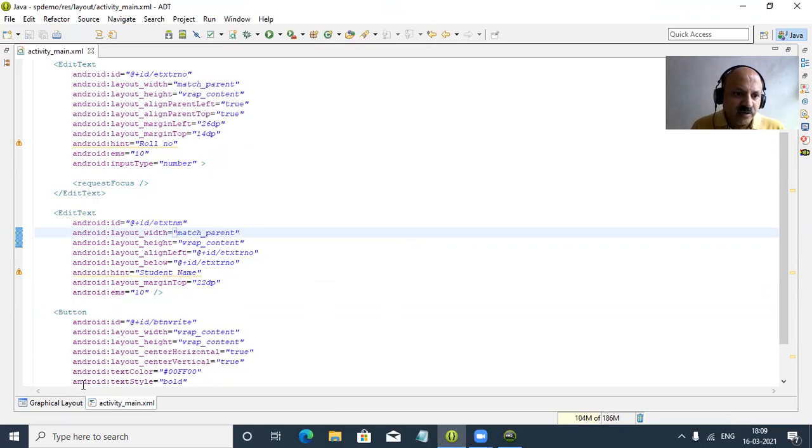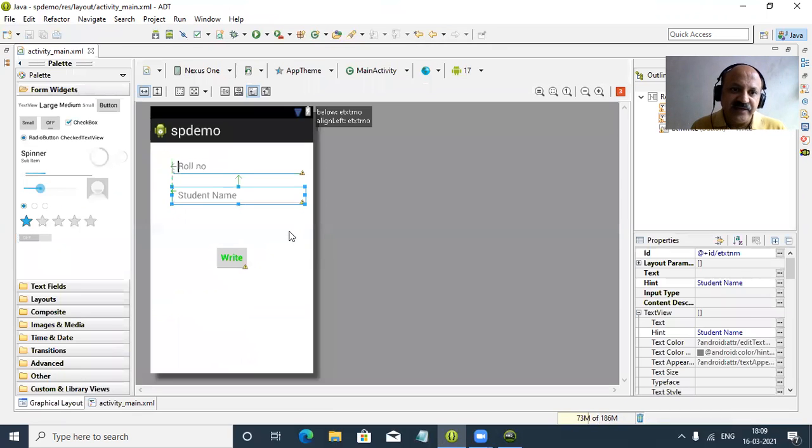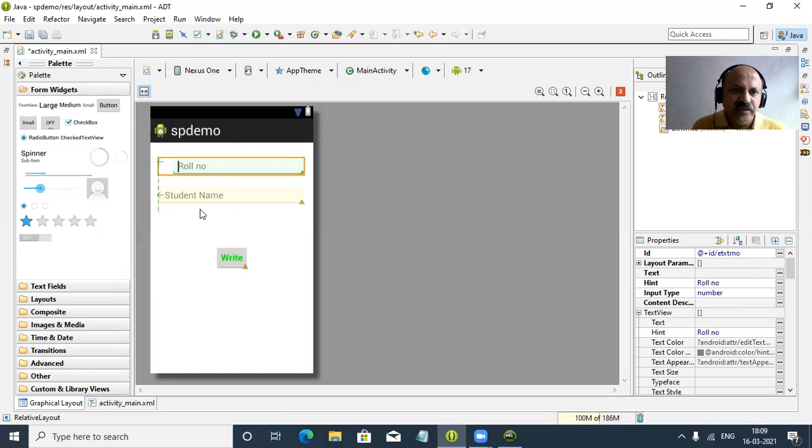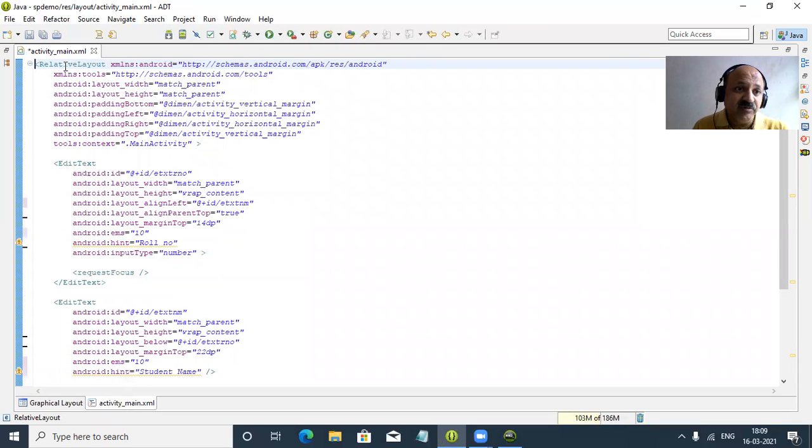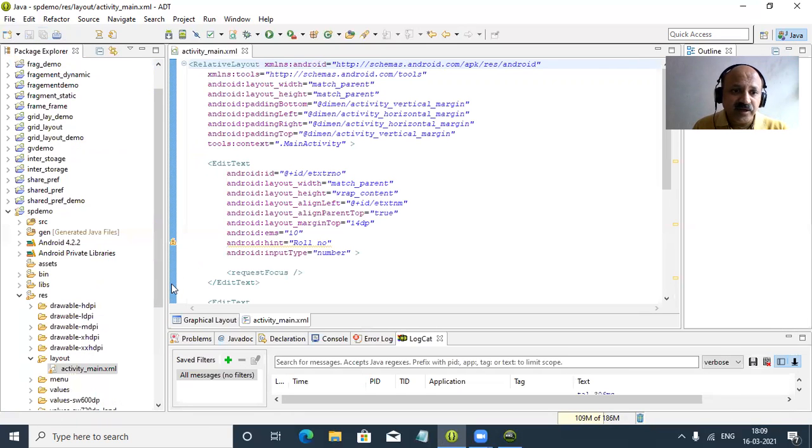So save, control S, and look at the design now. So here now the size of our activity edit text is the same as the roll number. Yes, perfectly. So our design is ready. Yes, and one time you have to check. Yes, that is a green line, not linking with this button, because that is relatively low. So there is no error, no typecasting error. So yes, our first step is complete. That is our design part.